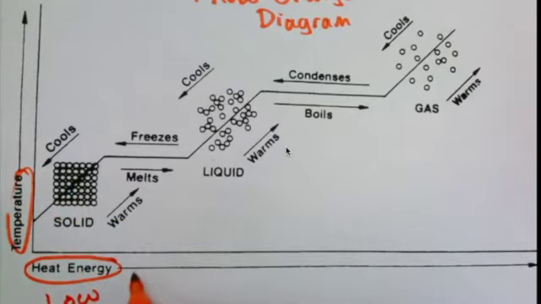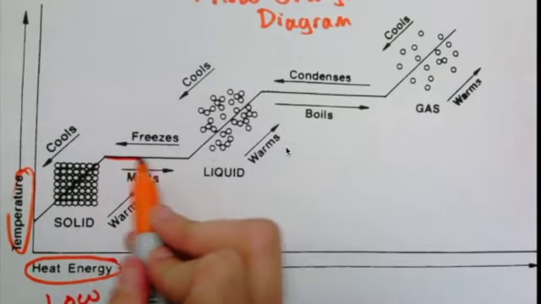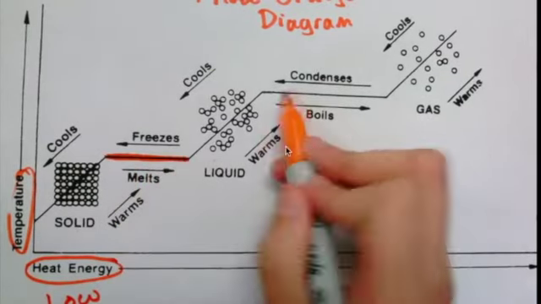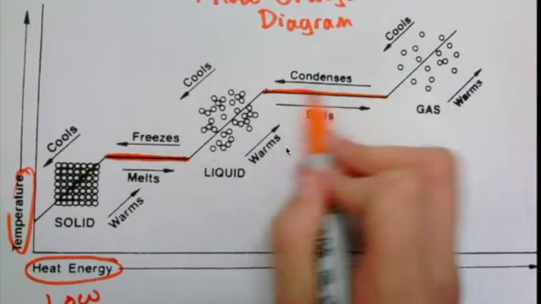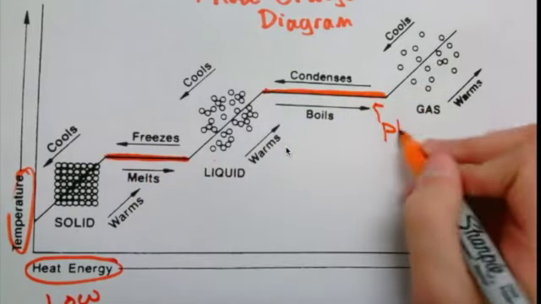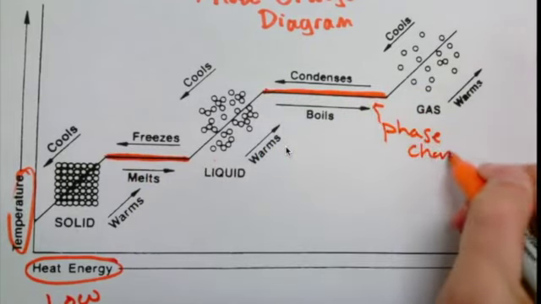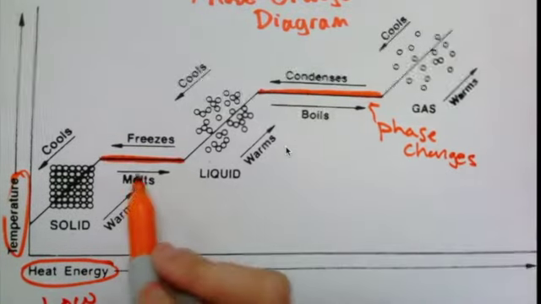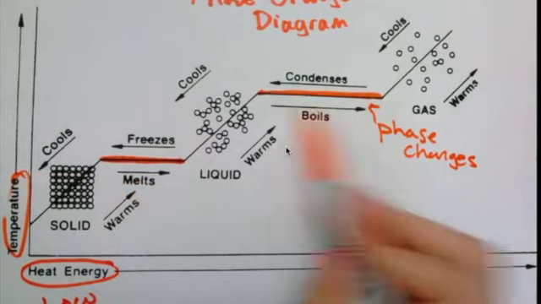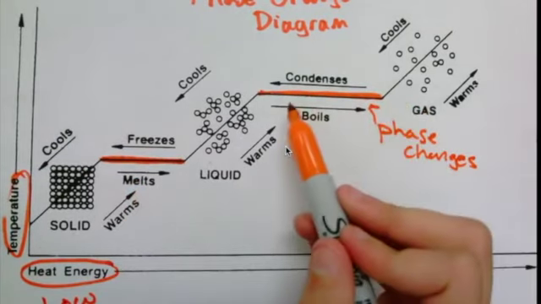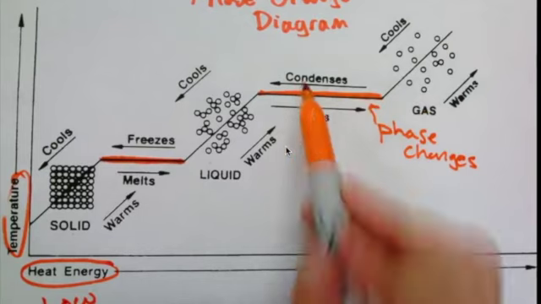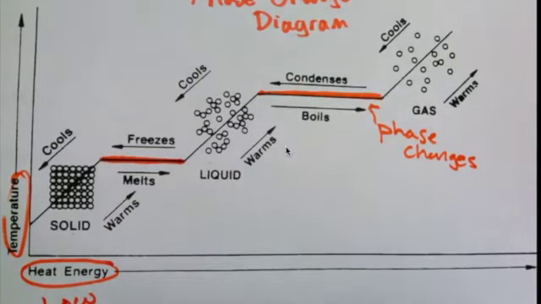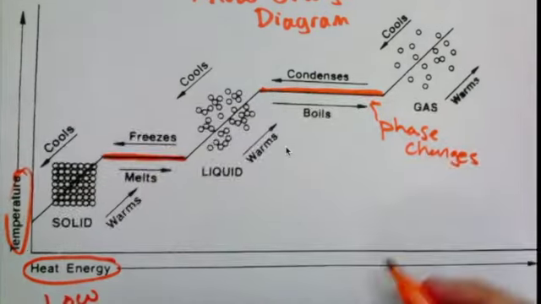As you add energy, you see these areas where it's flat. These are our actual phase changes. This is where we go from one state of matter to the next, either by melting a solid into a liquid, boiling a liquid to a gas, or going in the opposite way, condensing gases to liquids and freezing liquids to solids. The interesting thing about this, or the thing that you need to get from this particular set of notes, is that